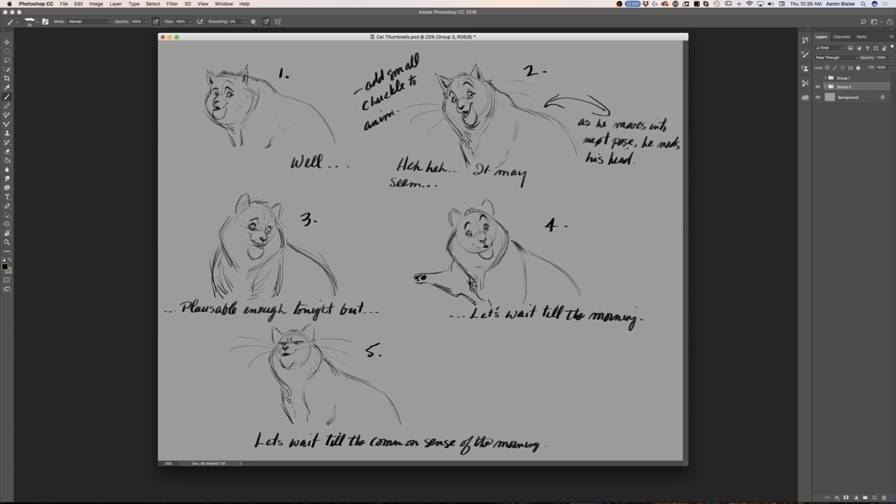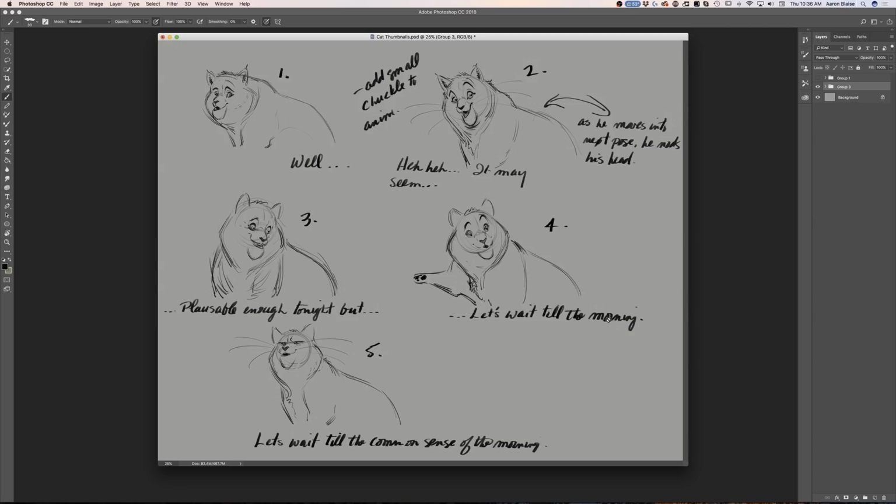As he moves into the next pose, he's nodding his head as he's delivering this line. It may seem plausible enough tonight, but then after his nodding, he strikes this pose. And then from this pose, he strikes this pose, and as he's doing that, he says, let's wait till the morning. Right there. Or let's wait till tomorrow.